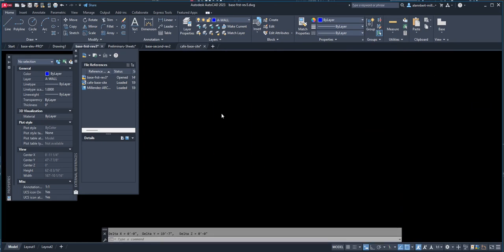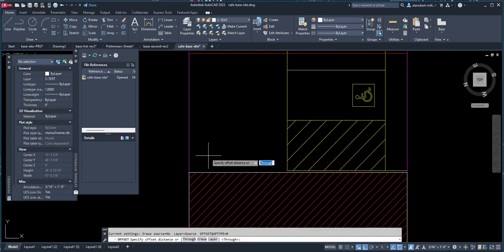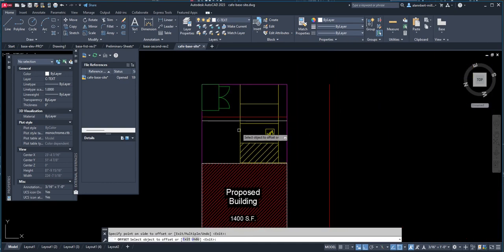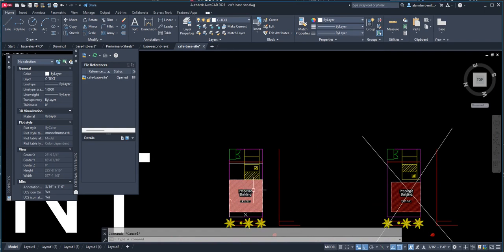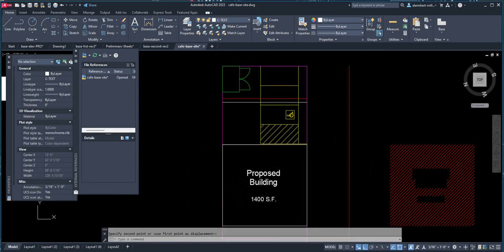So on my cafe base site, I want this one to do 19.7, so I'm going to do an offset of 19 feet and 7 inches and offset this upwards and up to this line here. So we're going to simply move this to the right, and